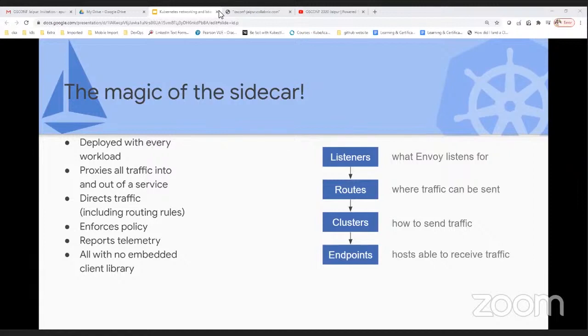That is the Istio proxy, or Envoy proxy, which spins up with your application, and this Envoy proxy does the actual routing of your traffic. This is some of the beauty of the proxy sidecar: it redirects the traffic, enforces the policies, and reports the telemetry. As I explained earlier, there is no client library embedded in your code, because it runs along with your code. It is not integrated directly with your code.